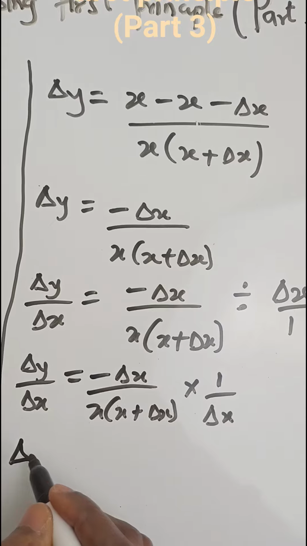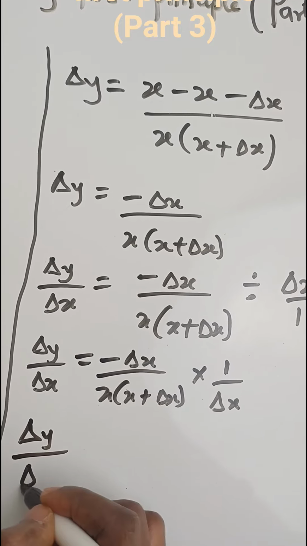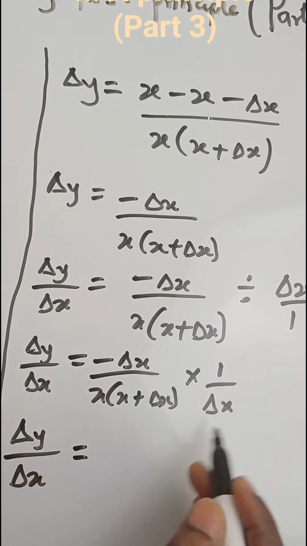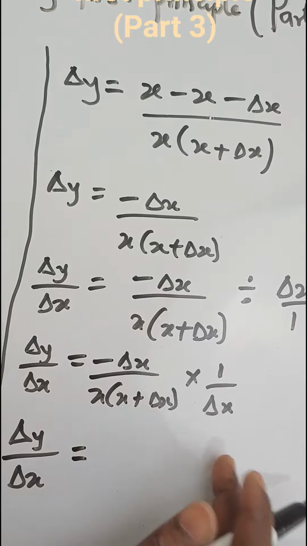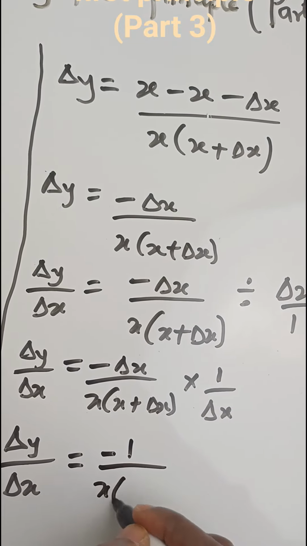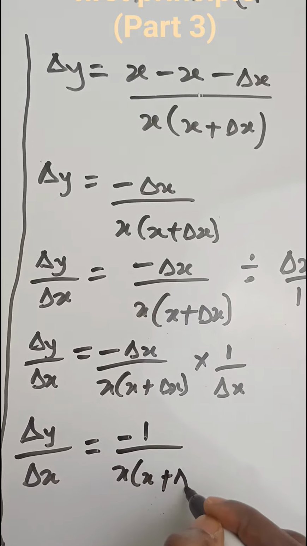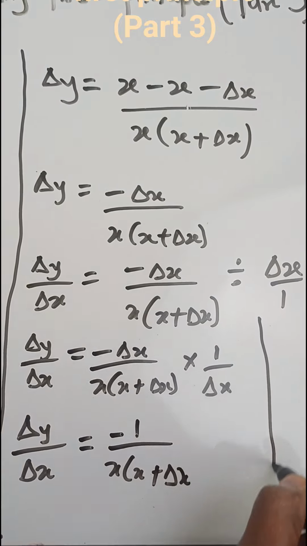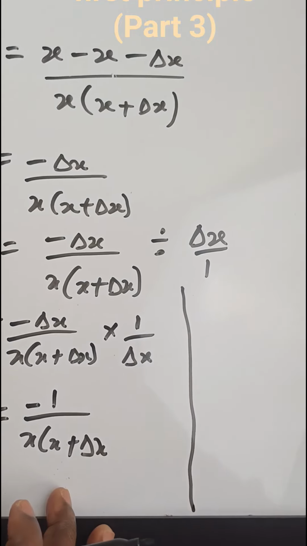So change in y over change in x equals, now this takes care of this. So you have minus 1 over x plus change in x. So at this point we take the limit. So when you take the limit